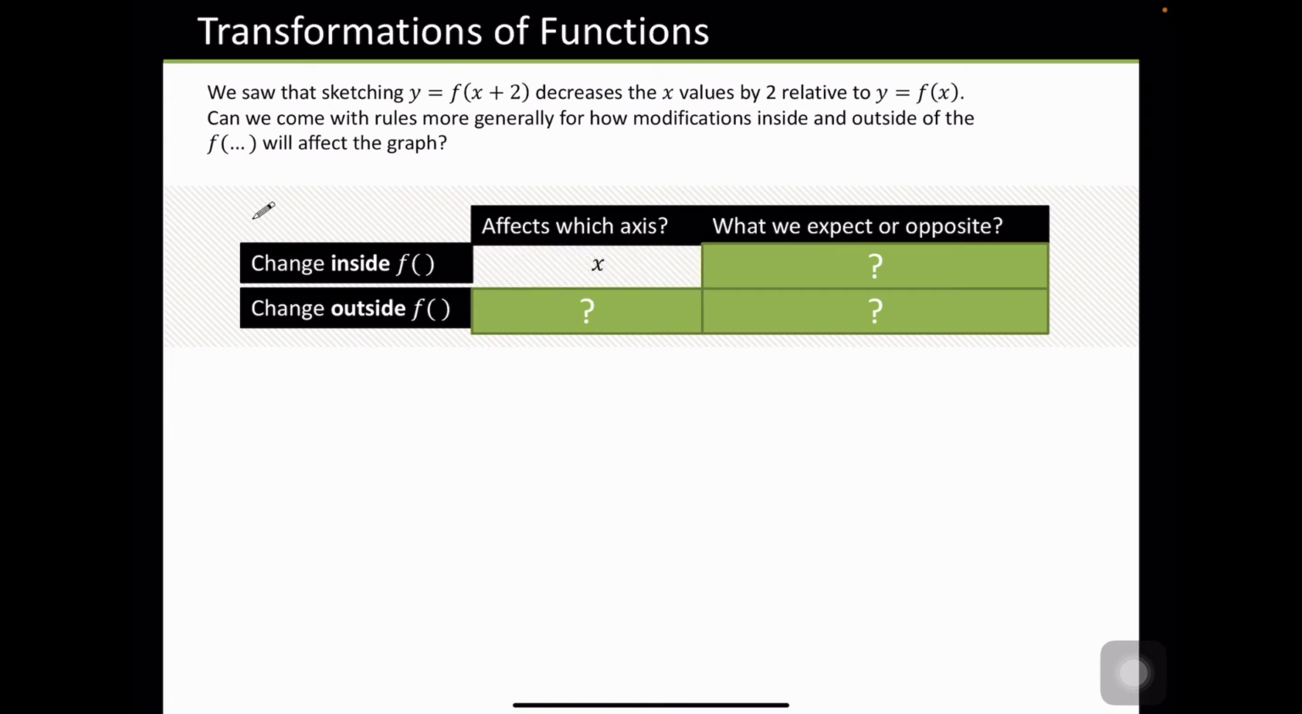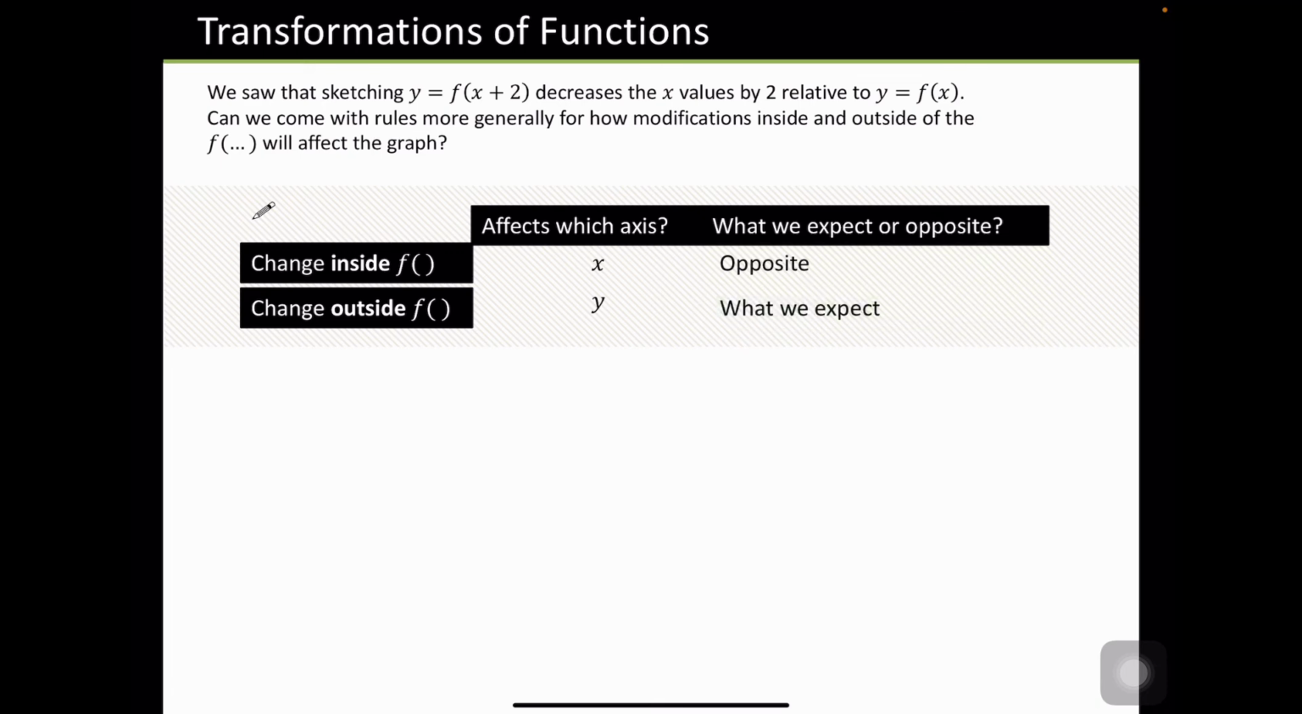Okay, before we do that, if a change is inside the brackets, it affects the x-axis. If a change is outside the brackets, it affects the y-axis. What we expect, or opposite, what we expect. So just to explain to you what this is,